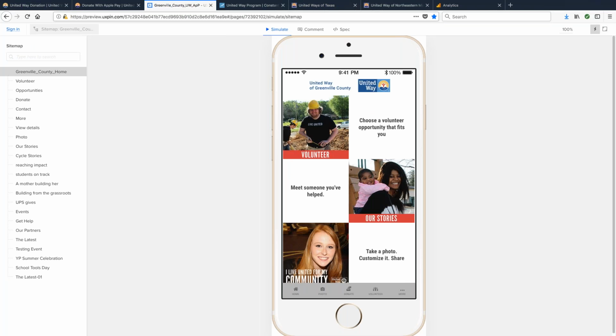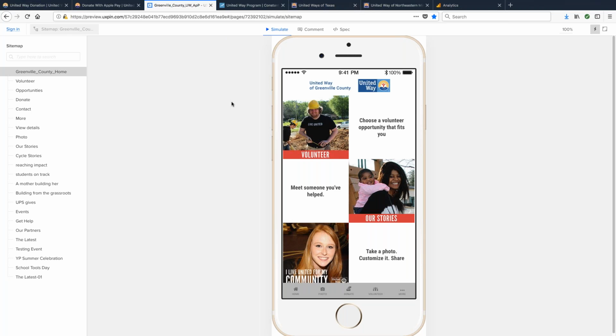Also, I'd like to mention, and I didn't ask you guys about the volunteer platform, that we are working with Get Connected, which is Galaxy Digital. You can just put a message or a question in the question box. If I have any Galaxy Digital customers or Get Connected customers out there, it'd be great to know that.